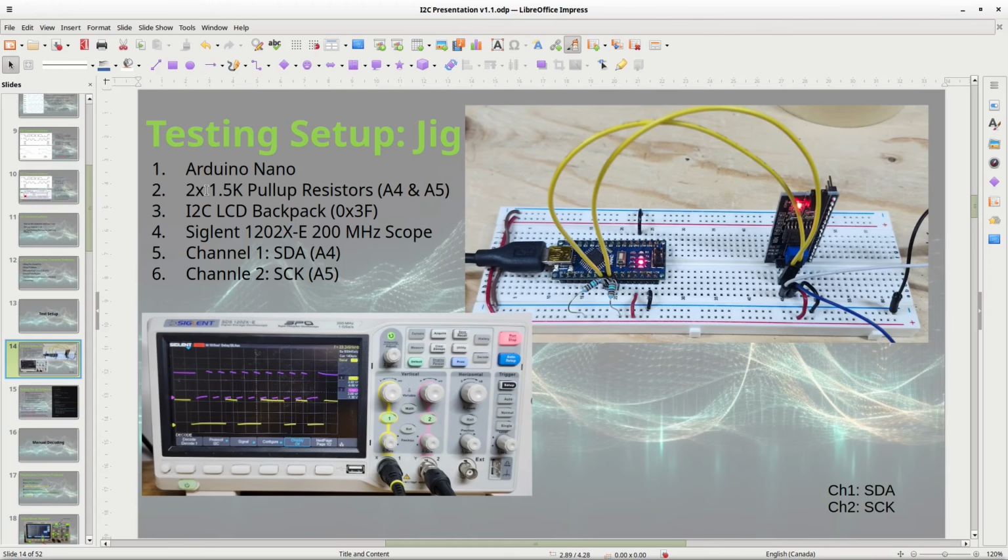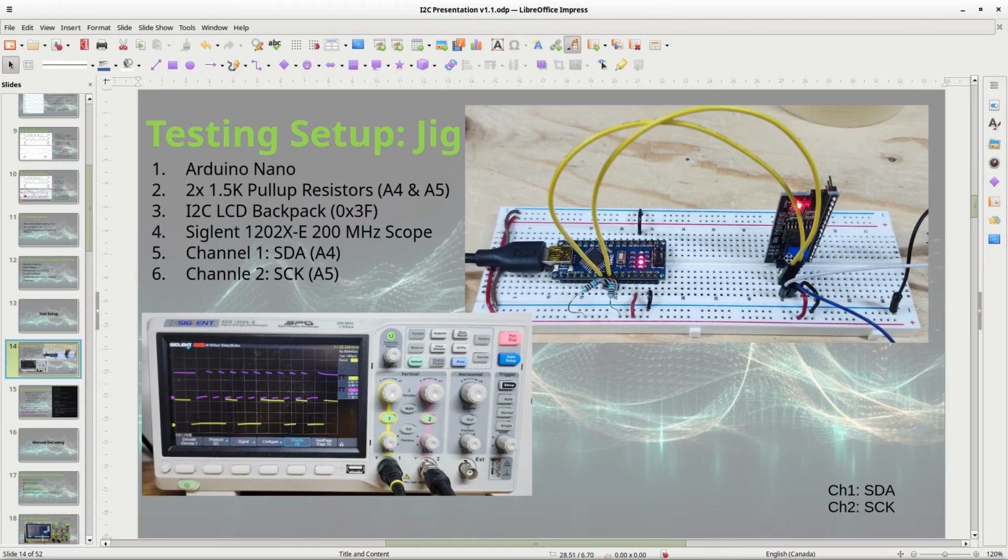I'm using a fairly strong 1.5K resistor because I want the edges to be nice and sharp. And for my I2C device, I'm using this LCD backpack. This thing connects to an LCD, and you're able to communicate with that LCD using I2C as opposed to writing parallel bits. And these wires coming off, the blue and white and the black, are just going to my scope.